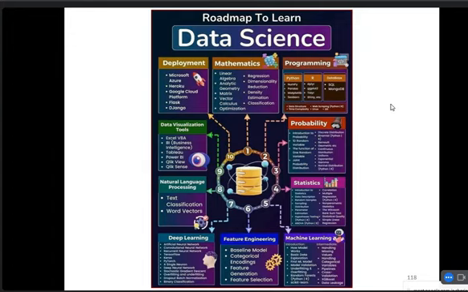Then we are going for statistics. This is the roadmap of data science. What is meant by statistics? Statistics is the study of numbers, the study of operations, the study of techniques we are using, like introduction to statistics, data description, random sampling, sampling distribution, parameter estimation, and hypothesis testing, especially in Python and R. ANOVA, analysis of variance, is called ANOVA. Ramchand, yes, sir.